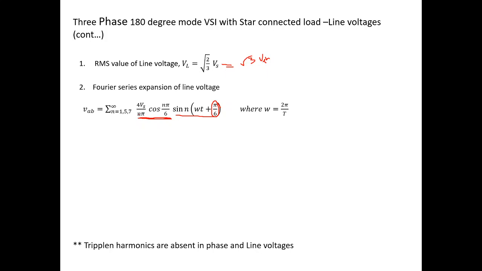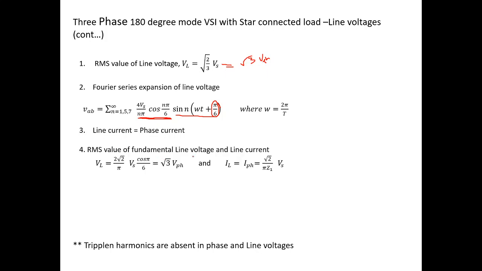By substituting n equal to your required number, you can obtain the peak value of the component corresponding to that nth order harmonic. By substituting n equal to 1, you will get the first order component, that is the fundamental component, n equal to 5, the fifth order harmonic, n equal to 7, the seventh order harmonic, and so on. Of course, our interest is in the fundamental component. The remaining components are usually to be eliminated. And line current is equal to phase current for star connection.